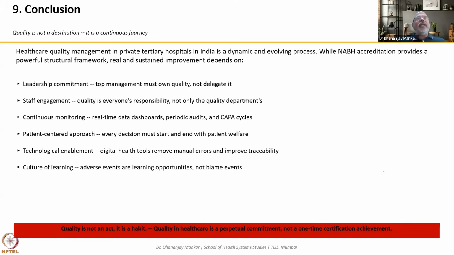You have to take it every task. See, hospital is not like a product industry or a manufacturing industry where you can only concentrate on getting a proper product. Hospital is a world where your product is your patient, and patient is very unpredictable. Patient is very uncertain. Patient is very impatient. So your patient may give you an adverse event anytime.